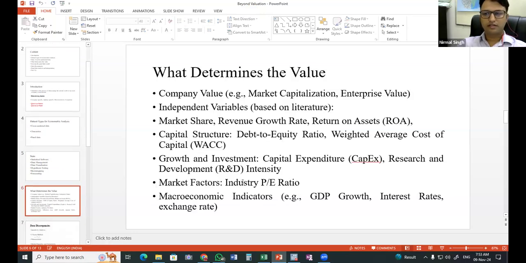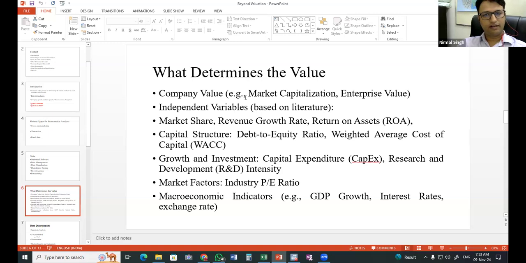The next thing is, what are the factors that can impact the value of a company? I have put here some of the factors coming out from the literature. I have reviewed a few studies which show what could be the factors that can impact the valuation of the company, because whenever we enter some data in the software, it will give some results. But ultimately, we should have some theory to support why we are including all those things.